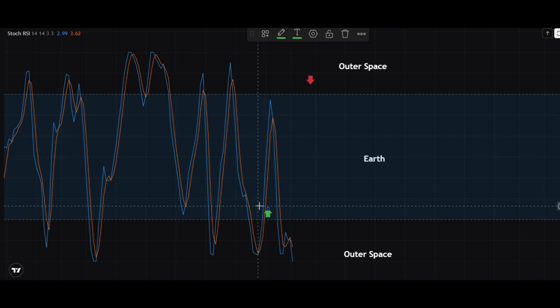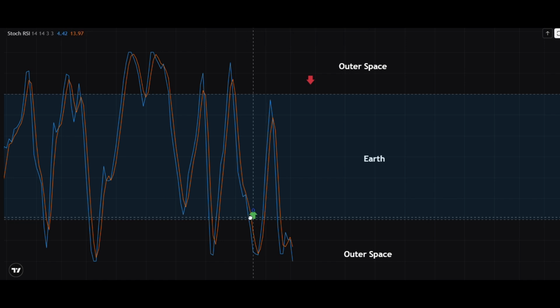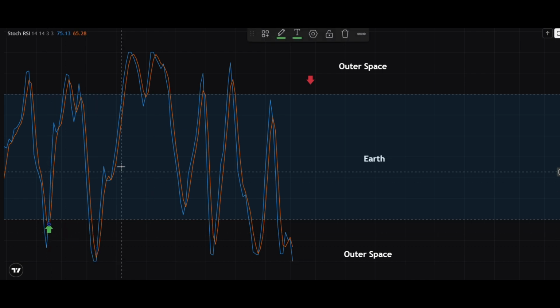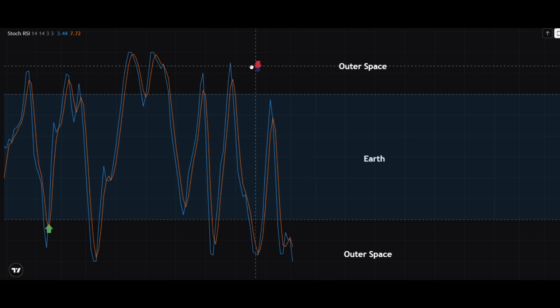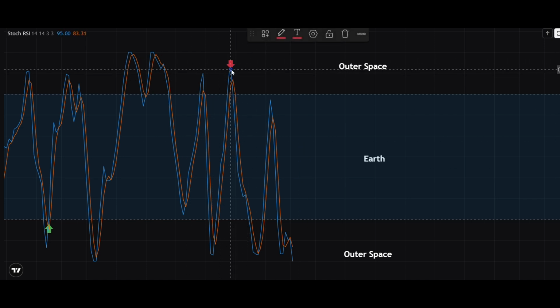Now let's look at all these great entries we could have made. We could have made a great entry right here. We could have made a great entry right here when it curled back up right here. And these are great buys. Look at all these great buys we had. A great buy right here. And a great buy right here. Now, we could have made a great sell right here. We could have made a great sell right here. And I know this works because I've taught multiple people